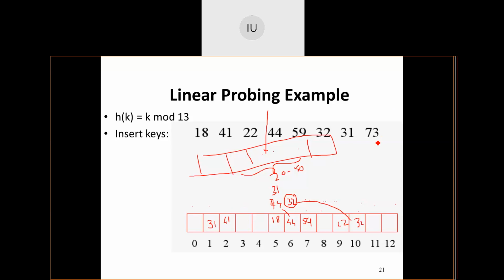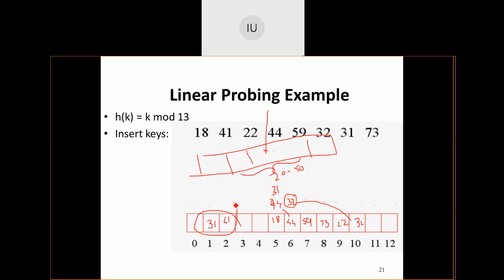Okay. Then I have 73. What will be the position? And after probing, what will it be? Okay, 73 will get 8 because it is empty. You will get 73 placed at this position. Fine. This goes fine if I apply quadratic probing. You can just see the number of elements on this side of the table is more compared to linear probing.